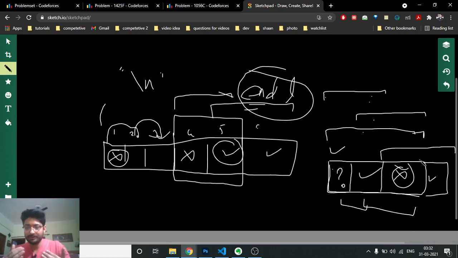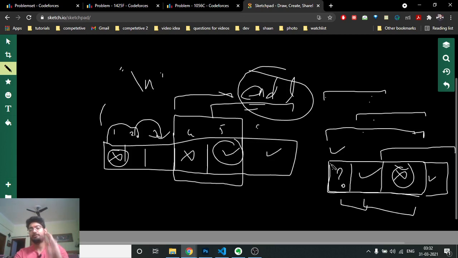You have to just boil down to some smaller problems in which you have to ask the judge in some optimal way such that you can get the value. So as you can see, I have found out that I have to just boil down the question to finding out what is one element in my whole segment. If I know one element, I can get the value of the other element, and if I know the value of this element, I can get the value of this other element. So I have to just find out the value of one element.